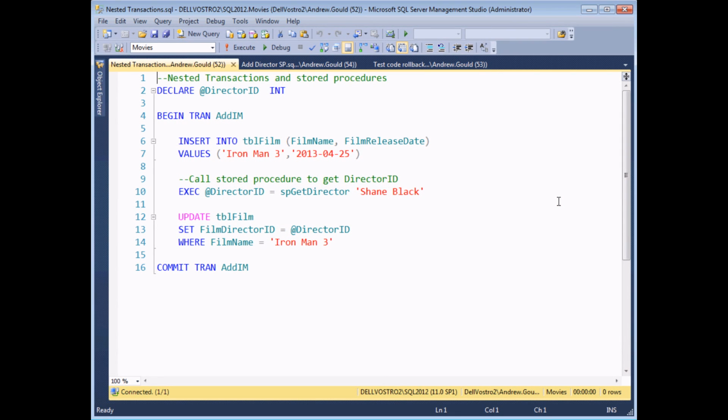Now you're most likely to see save points used, and in fact this is where Microsoft intend for them to be used, when you're using transactions within stored procedures. So what we have here is a basic script, which is trying to insert, yet again, Iron Man 3 into our film table, and we have an overall transaction that we begin at the start and then commit at the end. So we insert